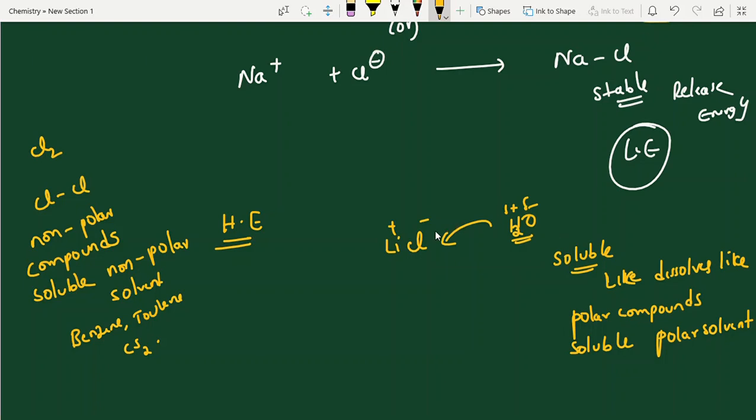Now whenever LiCl is put in water, what happens? It dissociates into ions, Li plus and Cl minus. Clear, students? Now these attract the opposite charges. How will water be? Water is bent shaped. I explained in the previous video, this end is plus, this is minus, right? So it develops a bond with water. The cation is the solute and this is the solvent. Between solute and solvent, interactions develop. Whenever you put it in water, these interactions release energy. That energy we call hydration energy.